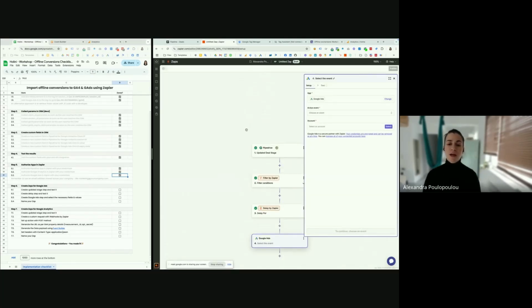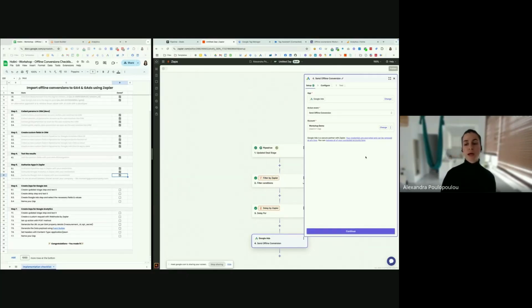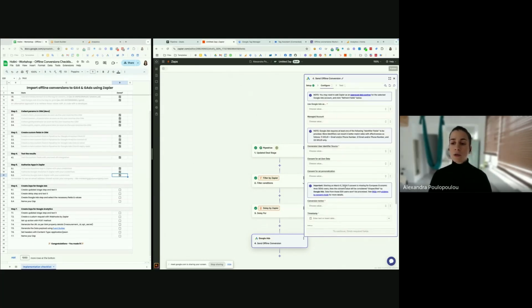Here we said that we will get a Pipedrive updated deal states that has GCLID values, and these values are not expired. And after 6 hours after this deal was updated, please send the offline conversion to my Google Ads. Here you will be prompted to select also your account if you have multiple, and continue. We will use a demo account that I have prepared here.